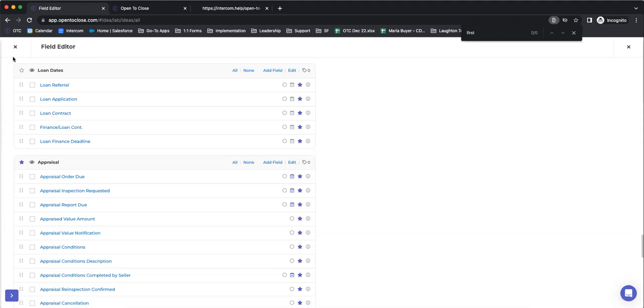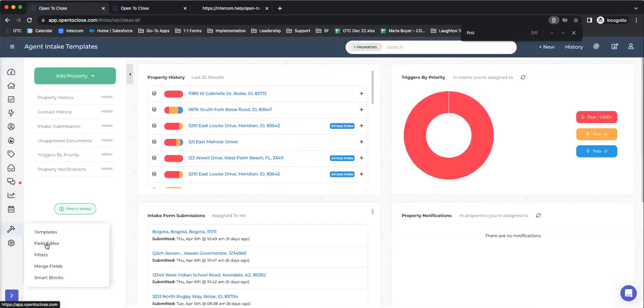So you can use your intake form triggers to add in the appraisal field section when we say yes, there's going to be an appraisal. So that is where, again, getting an idea of the field groups, field sections helps, because with those form triggers, if you add a new field to this appraisal field section, you don't necessarily have to worry about updating your intake form to make sure that field gets added to new properties in the future, because our intake forms oftentimes